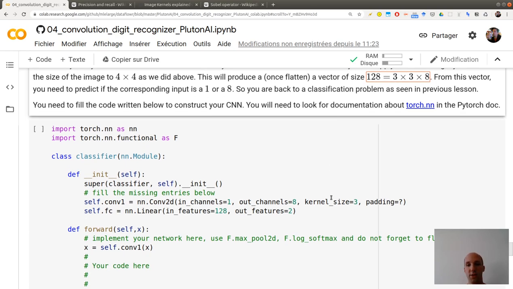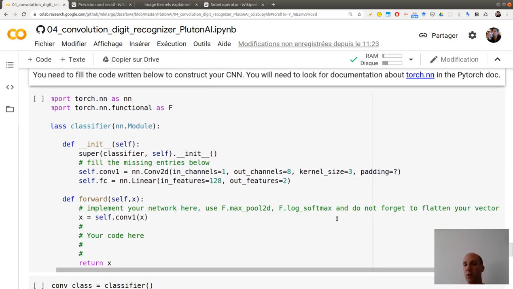And then you pass this through a standard classifier, what we did many times. So you will pass the output of your convolution plus max pooling through a linear layer where the input has size 128 and the output feature is 2.